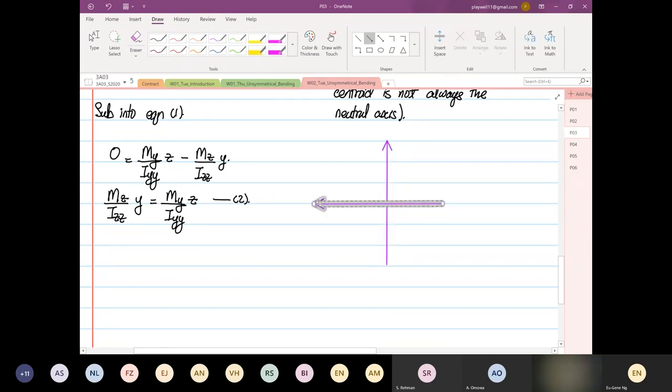Right. So this is our Y, and this is our Z. And both of these axes will follow the